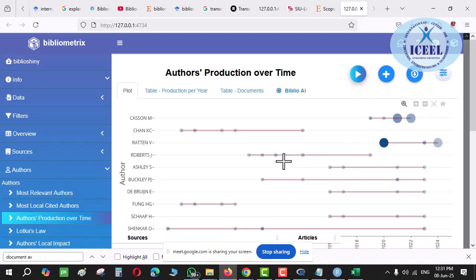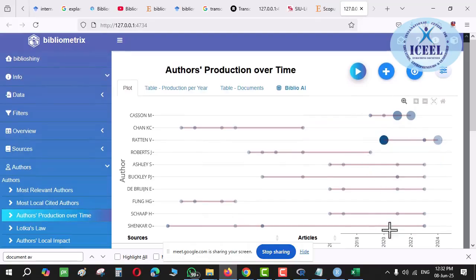You can see here which author has done a production from which particular year to which particular year. जितना dark color होगा ना, the darker the color means more is prominent that author is into that particular year. You can see here in this year, 2020, this author has given the maximum number of citations. And maximum number of production has been given by that person. And he has started from that year only. On the first year, पहले ही दिन पिच पे आने के तुरंत उसी दिन से चौका और छक्का मारना चालू कर दिया. This author is consistent. This author is more consistent.